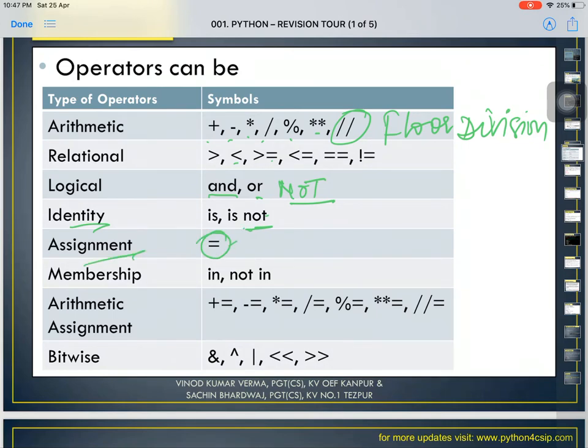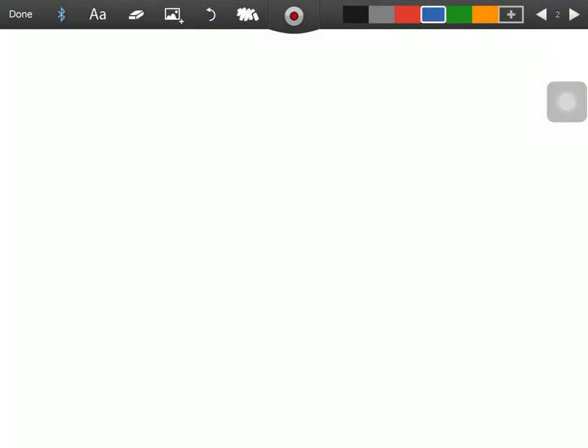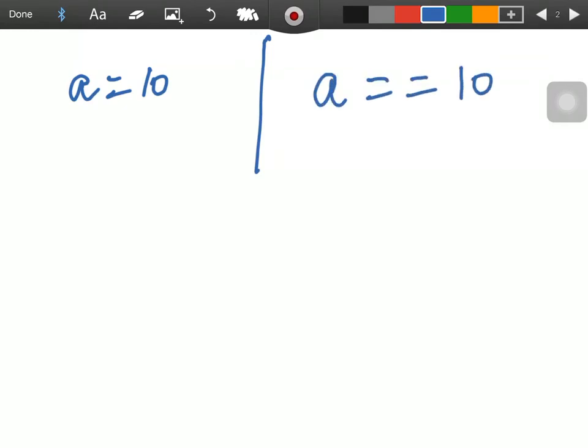Assignment, we all know that if I say A is equal to 10, so this 10 is a literal, this is an identifier, and this is the assignment operator. I hope you all remember the difference between A equal to 10 and A double equal to 10. This is the assignment operator.